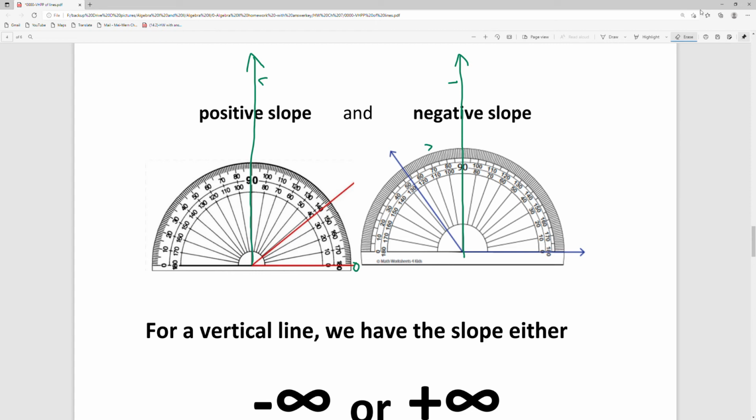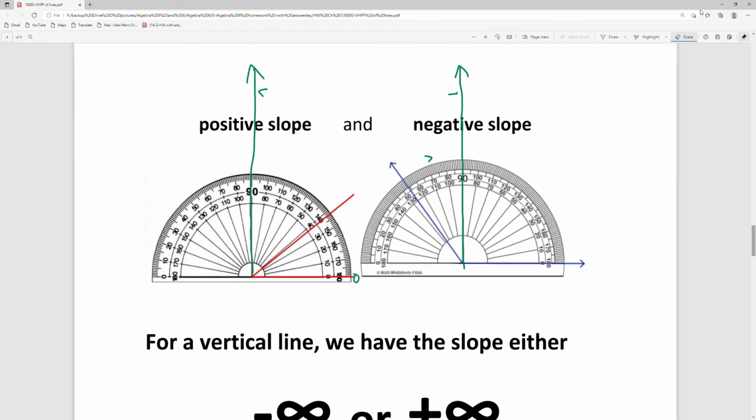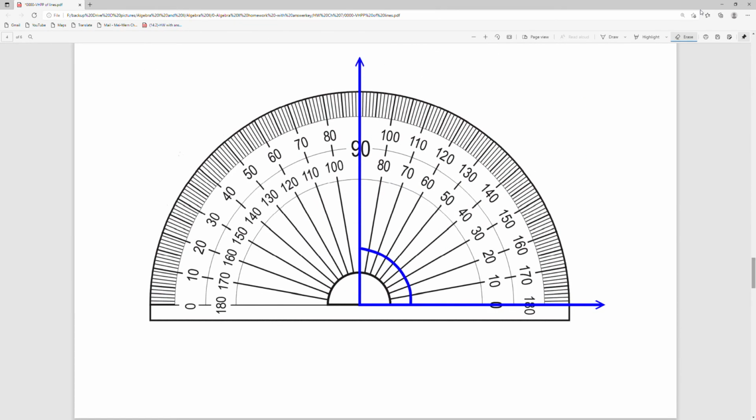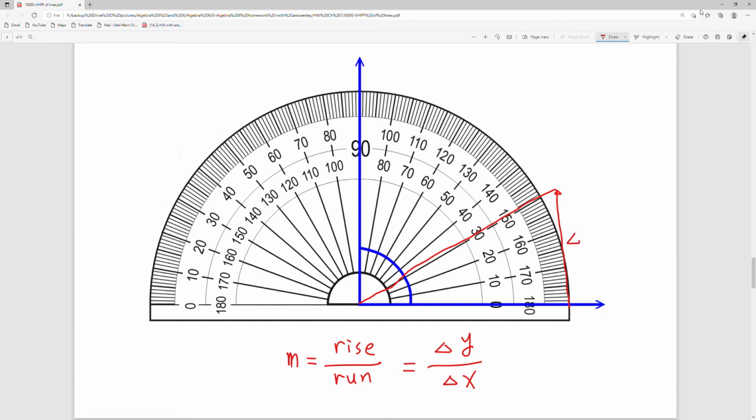So remember, the slope, we use rise over run, right? Slope equal to rise over run. Means the change of y over change of x. So, for example, if you have a slope around here, this is change of y, this is change of x. Okay. Now, when you have a bigger slope,